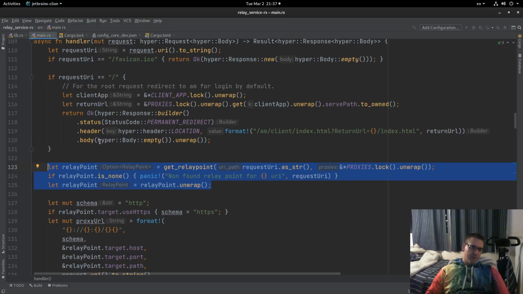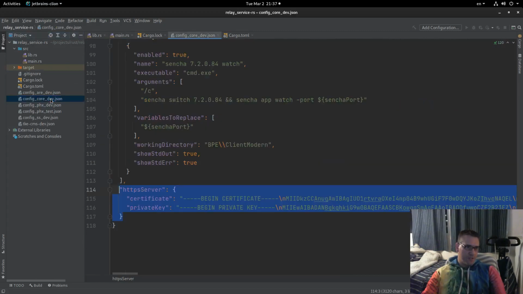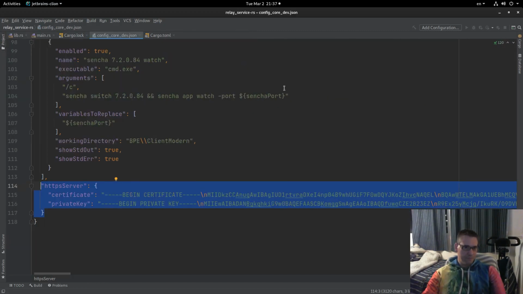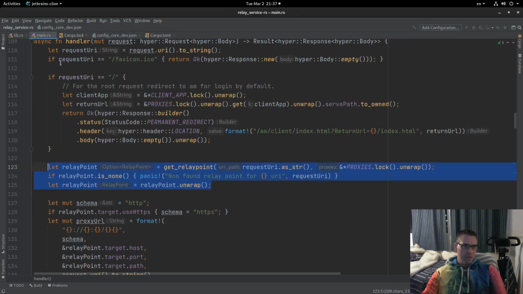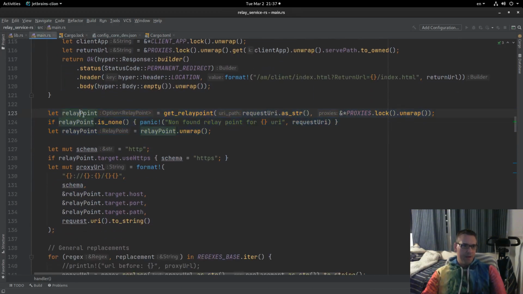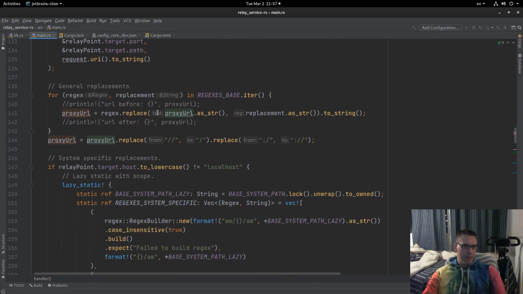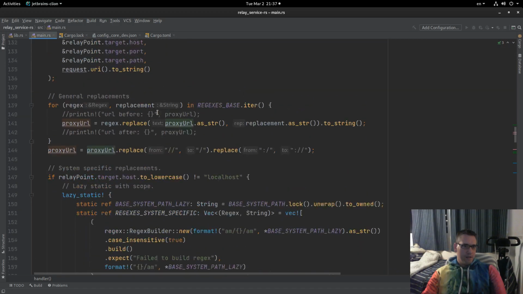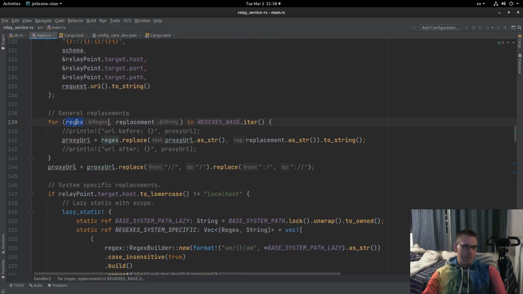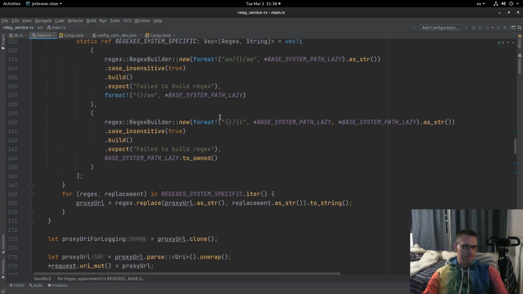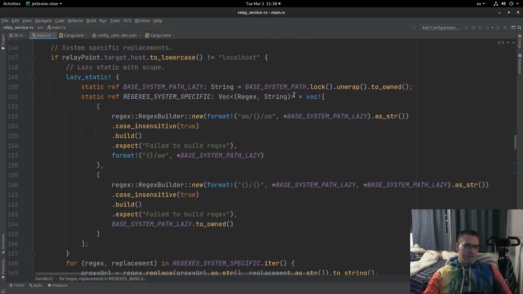The relay points are provided through these JSON files, these configuration files. Where are we? Here. I find the correct relay point, I build the proxy URL. I have to clean up some things with regexes. This is another interesting